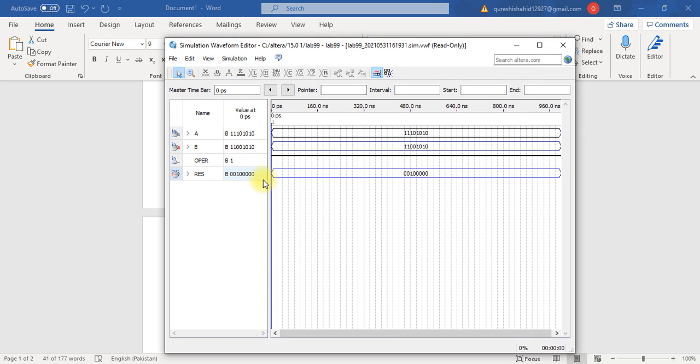You can see that the subtraction has been done: 0 minus 0 is 0, 1 minus 1 is 0, 0 minus 0 is 0, 1 minus 1 is 0, 0, and 1 minus 0 is 1, and then 0 1 0 0. So this is the result. Our subtraction procedure has been done successfully, and the result has been proved.